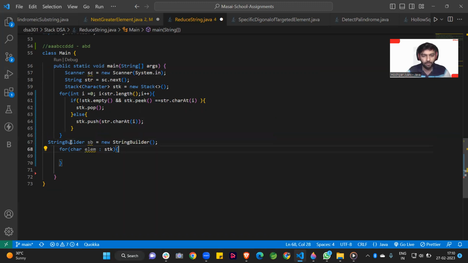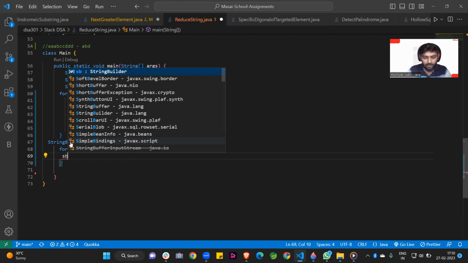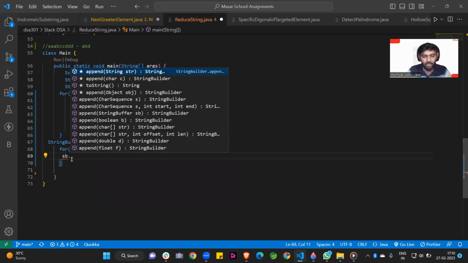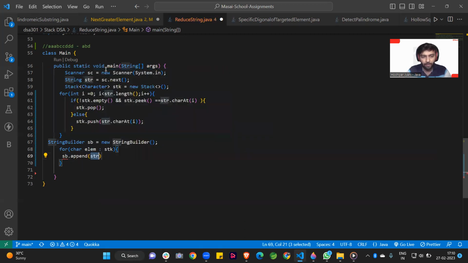In the StringBuilder there is a method, sb.append, and what we are appending is element, because element is each character of our stack, since we are running the loop over our stack. So this is also done.